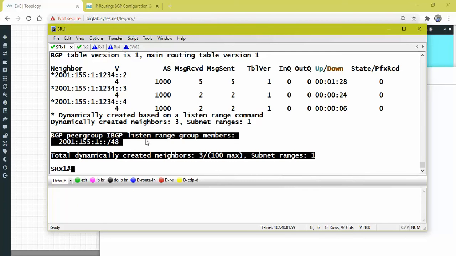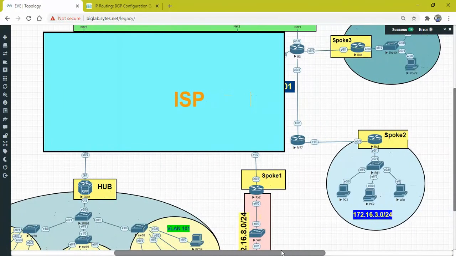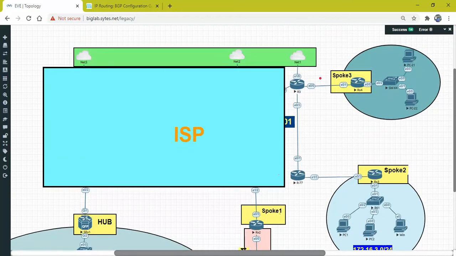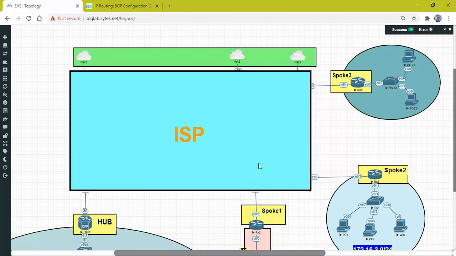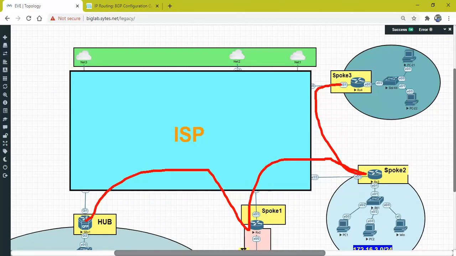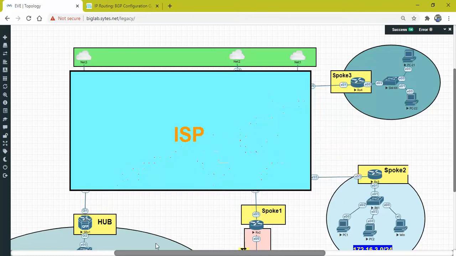So this is the first part. We configured the tunnel part, the tunnel interface. Let's just come back here. The tunnel interface. Okay, let's cover this up. Here, here, here, we have a BGP. Now,